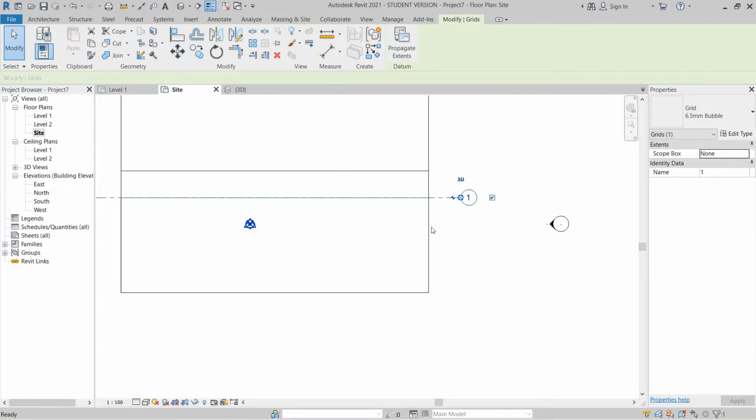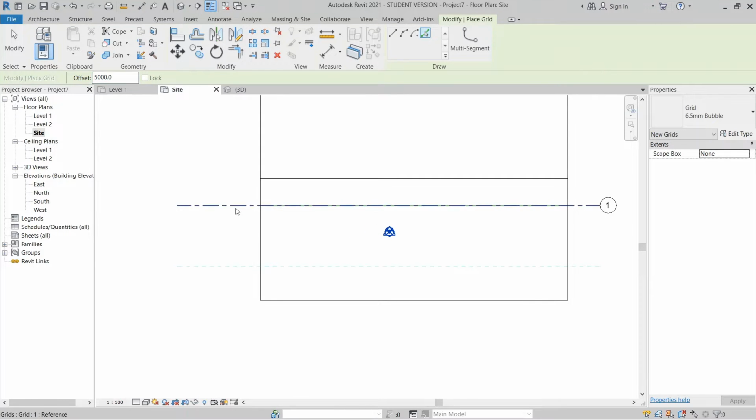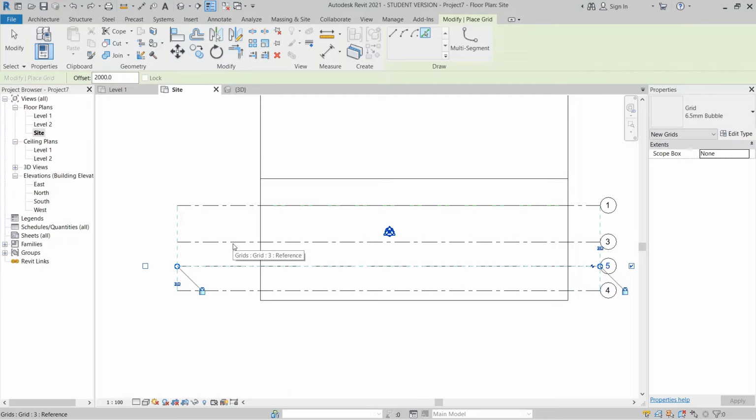Then select my grid line here, CS for create similar, just use pick line. I want to offset it 5 meters, I think enough, something like this one. And here I want to offset another 2 meters. Okay, sorry, this one I would like to delete first.